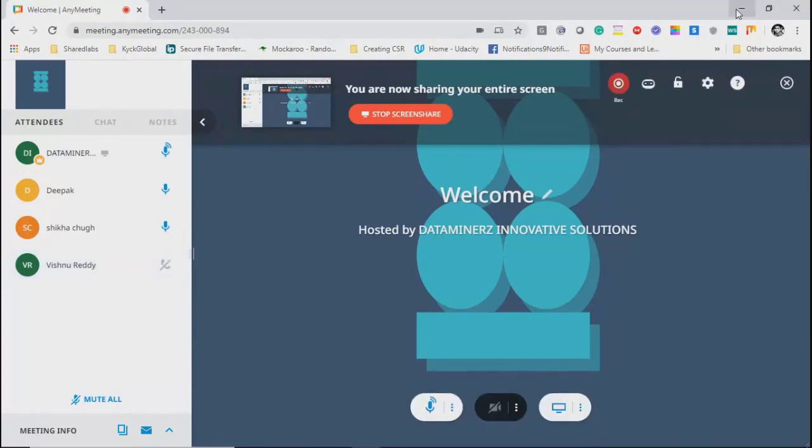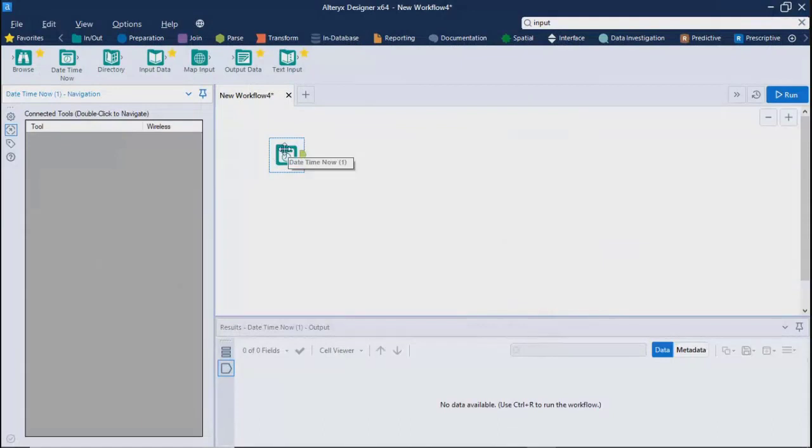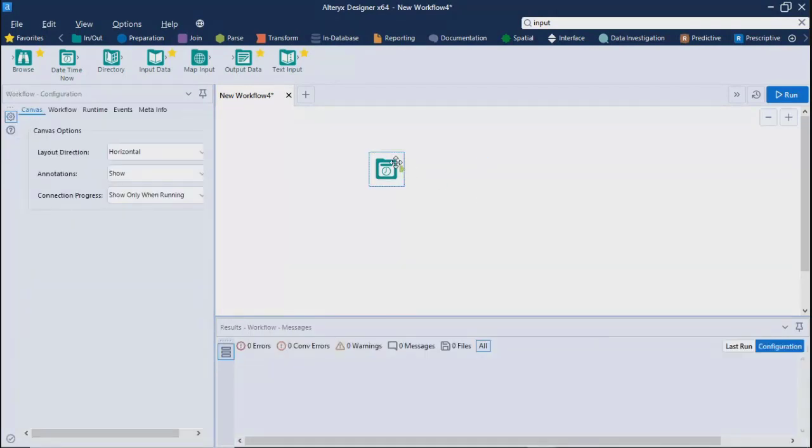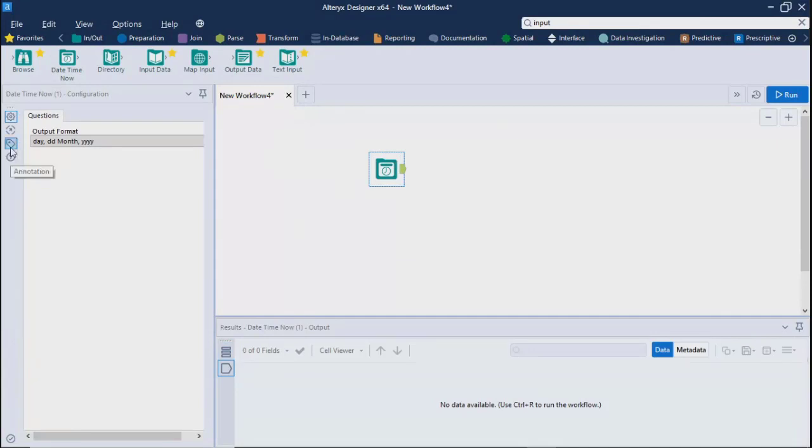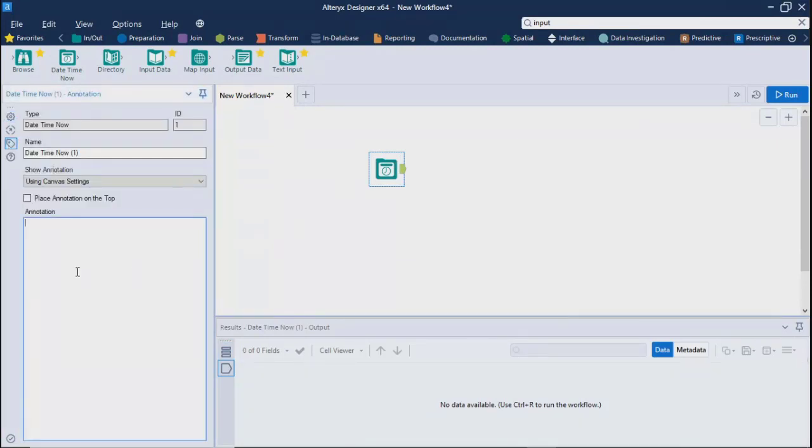Okay, fine. We'll continue. So over here, this is the tool I have dragged. But for this particular tool, what is the input data? What is the output data that you can set through navigation, right? Now, the other icon you get is related to annotation. So you can put the details, like what message you want to show for this particular tool. For end users, you can mention that message or the name of this tool or what this tool does.